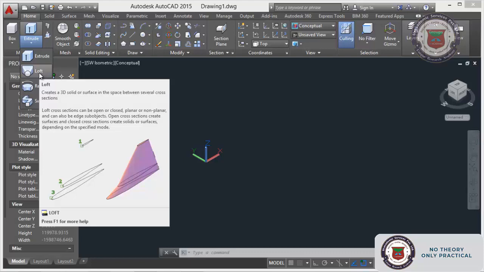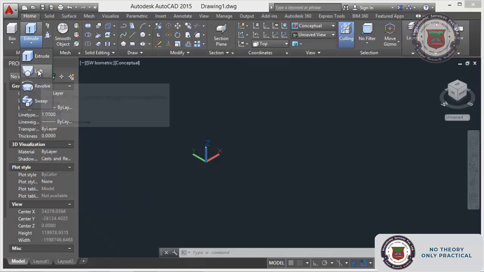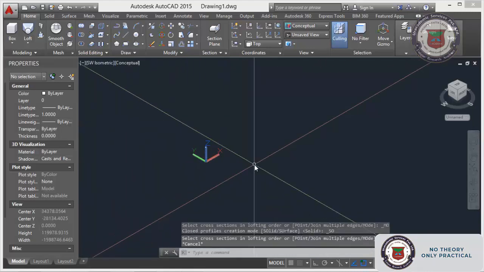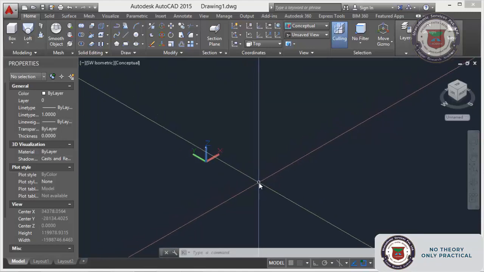Okay, now we will go for the loft command. Loft. Join multiple edges. Okay, fine. So for this loft command also we need a 2D object first. From that only we can do the loft.